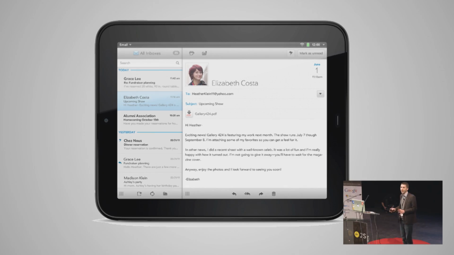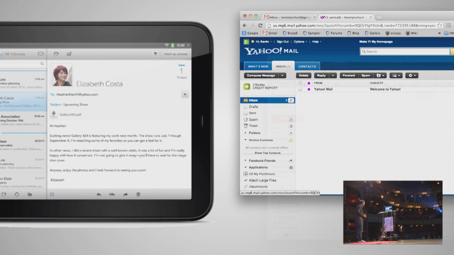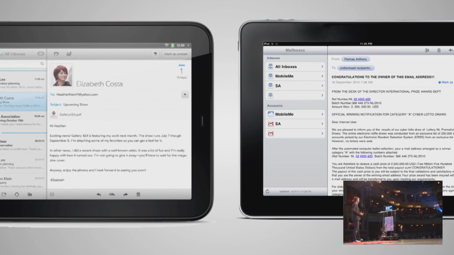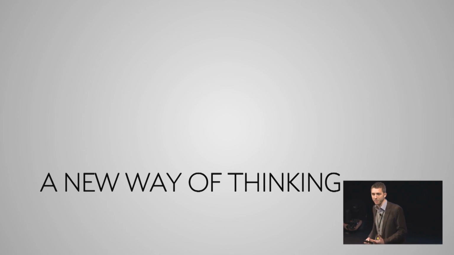And here's the thing. WebOS applications, although they were built with web technology, HTML and JavaScript, weren't being compared to websites. They were being compared to iOS applications, Android applications. And that took some rethinking. We really had to change the way that we thought about developing applications on the web. So that's kind of a big statement I just made.